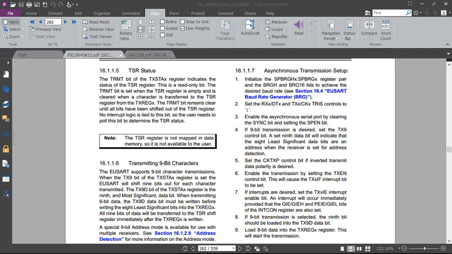Okay, so let's begin. First off, I'm gonna explain the code for asynchronous transmission. So the first thing to do to set up your UART is